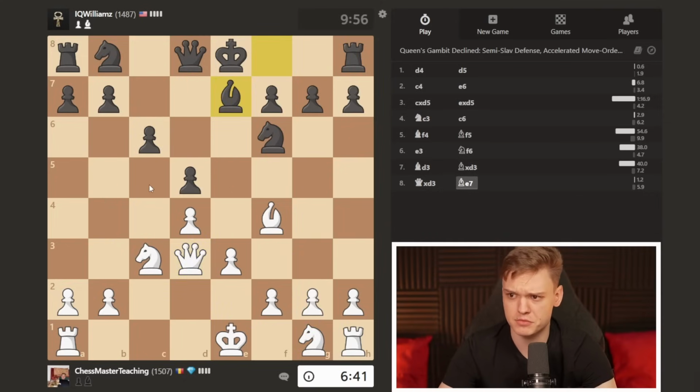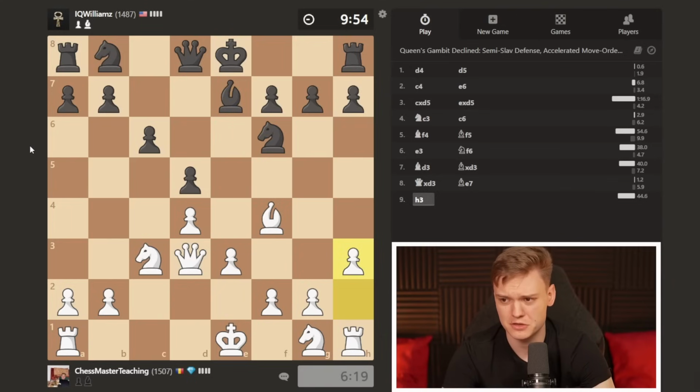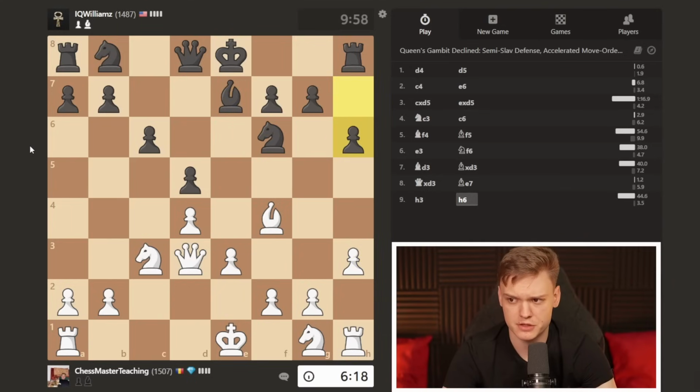But on bishop to e7, I think we can just continue developing. We have a choice between knight f3, or if I'm afraid of knight h5, I could start with the move h3, just making sure we have an additional square. So yeah, knight f3, knight there, bishop e5 at the very least. I think that's reasonable. I'm gonna play h3 though, just a nice useful move, preparing a loft, and